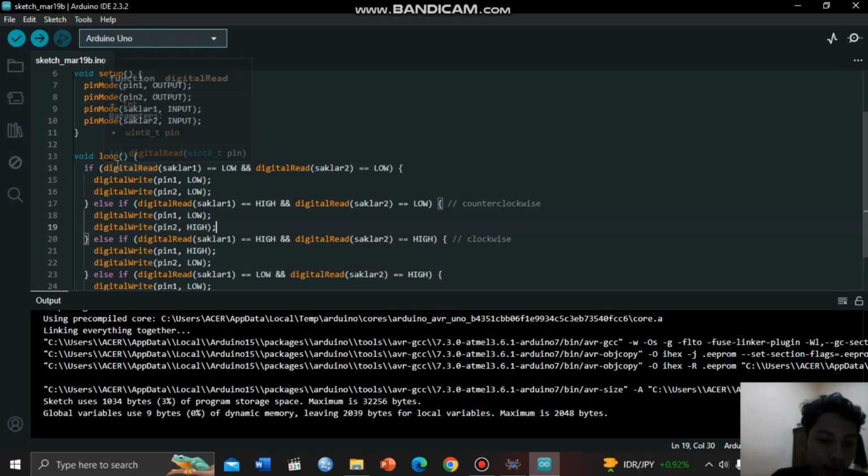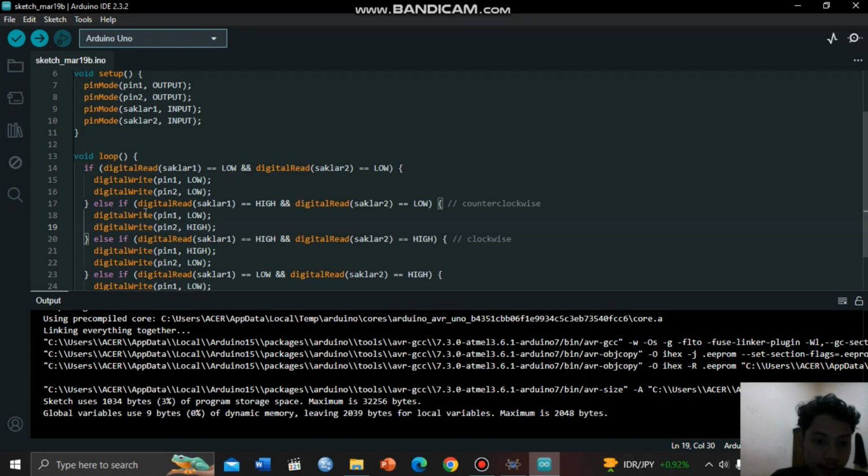Then for the loop. This program means that if the output A0 and A1 are low, or both switches are open, then the circuit is dead.